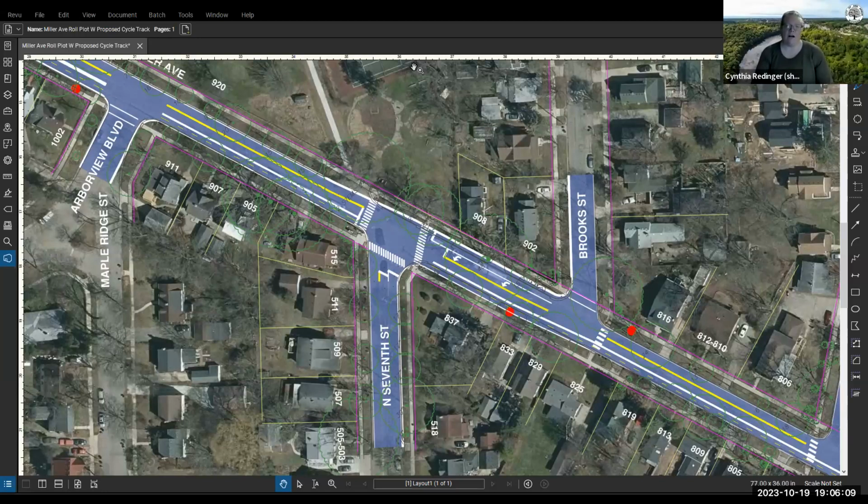And once we start layering on all of those considerations, that's where the design decision just naturally led toward implementing this two-way cycle track. For a lot of the same reasons that decision was made in the downtown bikeway network, because we do have these constrained conditions and we want to be able to provide that high level of comfort. And doing the cycle track allows us to provide more in less space, because we do have only one buffer that we need to be providing instead of the two buffers.